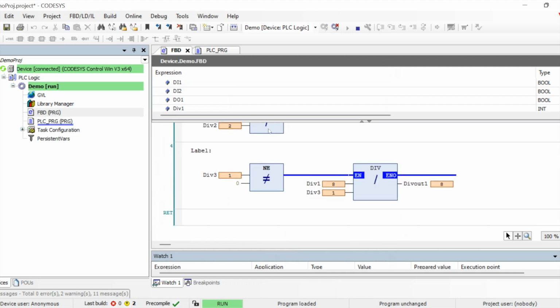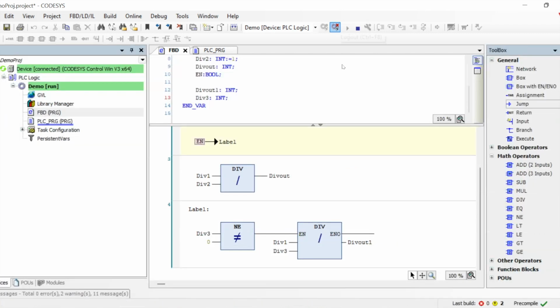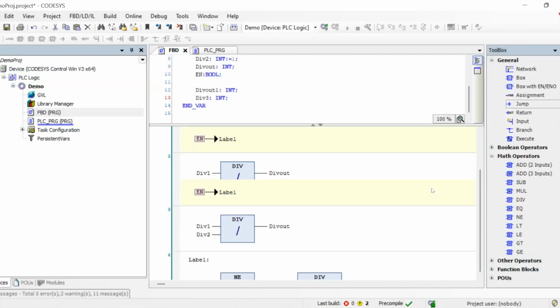You see, so when we enable it, the value doesn't get passed, and when we disable, then the value only gets passed. Okay,